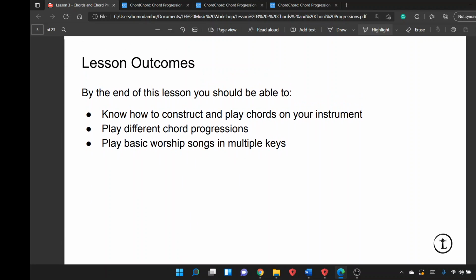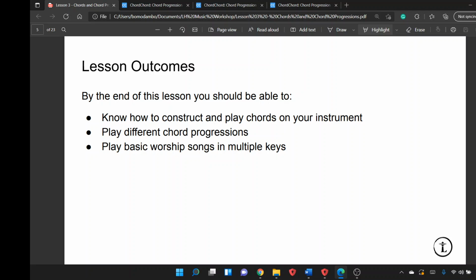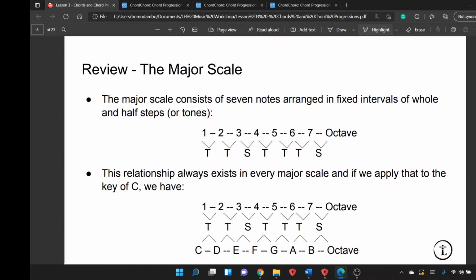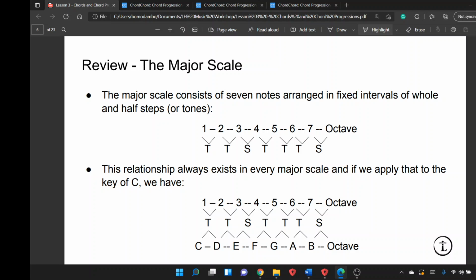So by the end of this lesson, you should be able to know how to construct and play chords on your instrument, play different chord progressions, and play basic worship songs in multiple keys, any key of your choosing. Okay, so